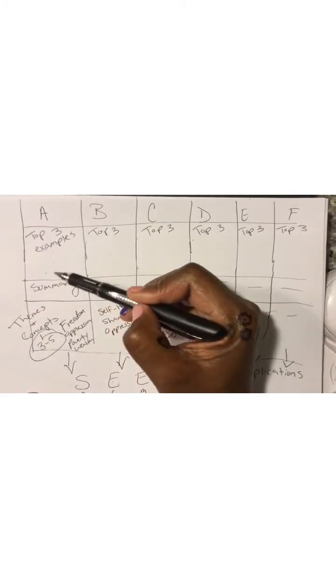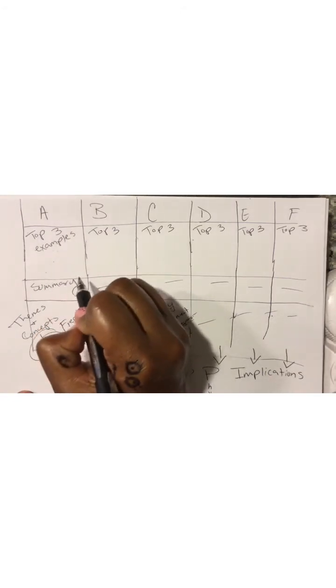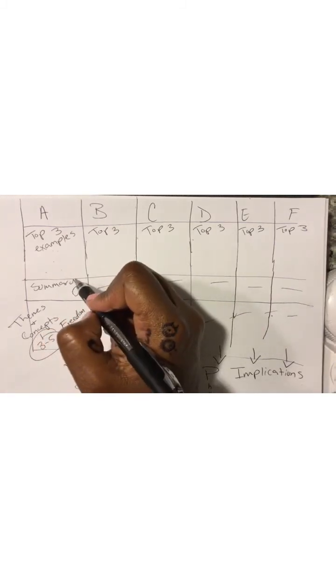So the first thing I would do when I have to use multiple sources to develop an essay is I choose my top 3 examples that I want to be able to cite or reference in my essay, okay? Whether I want to paraphrase them or whether I want to directly quote them. Usually I will have examples that I want to paraphrase already paraphrased, and then I will directly quote the examples that I think are really rich and powerful, and I don't want to take away the word choice that was within that example. Okay? So I'll have my top 3 examples for each text.